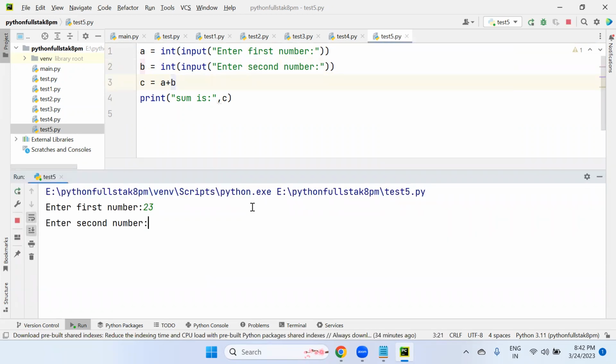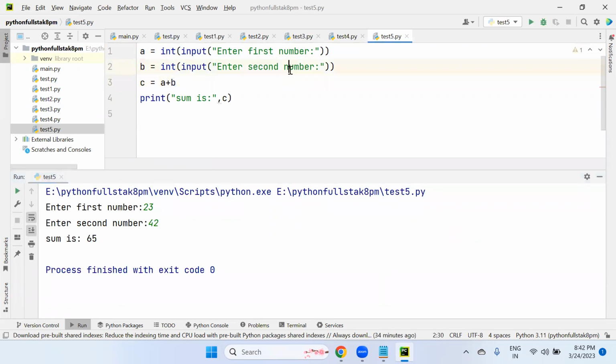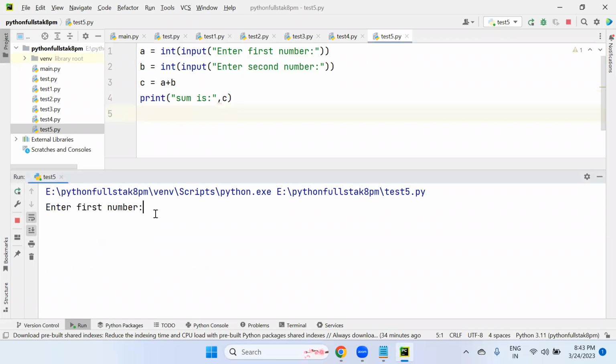Look at this, any number you can take: 23, 42, 65. The result is fine. But there is a problem now in this program. Just closely observe. What is the problem? When I try to provide some float values like 23.4 or 23.45, but you are converting into integer, no? Yes.